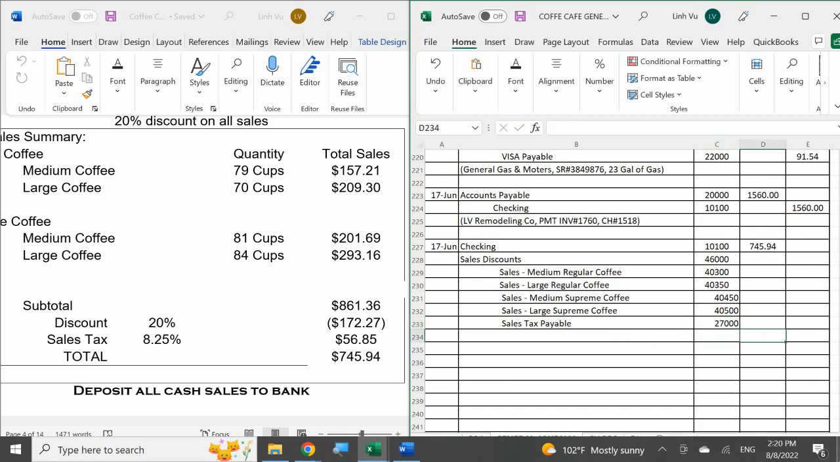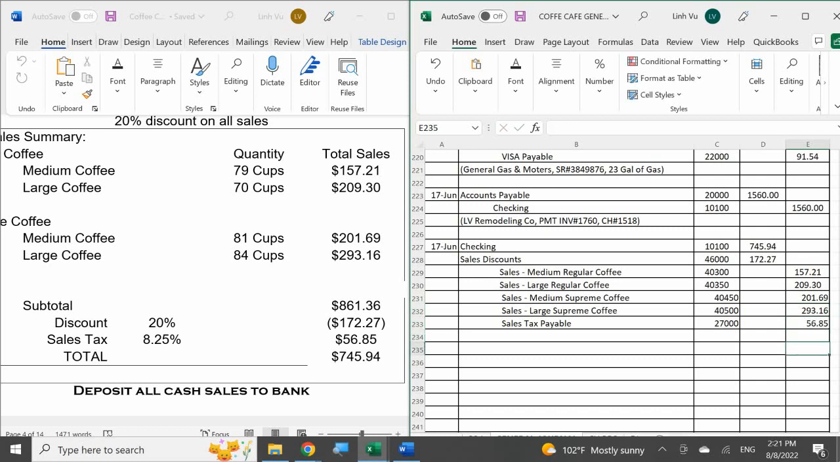Okay. Then we just plug all the numbers in. Okay, so how much was my discount? 172.27. What was my sales for the medium regular coffee? 157.21. Large regular coffee? It's 209.30. Okay, medium supreme 201.69. Large is 293.16. Sales tax is